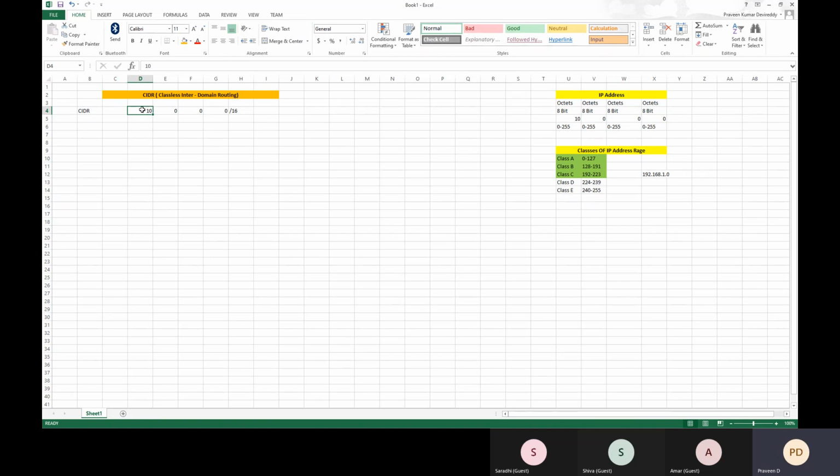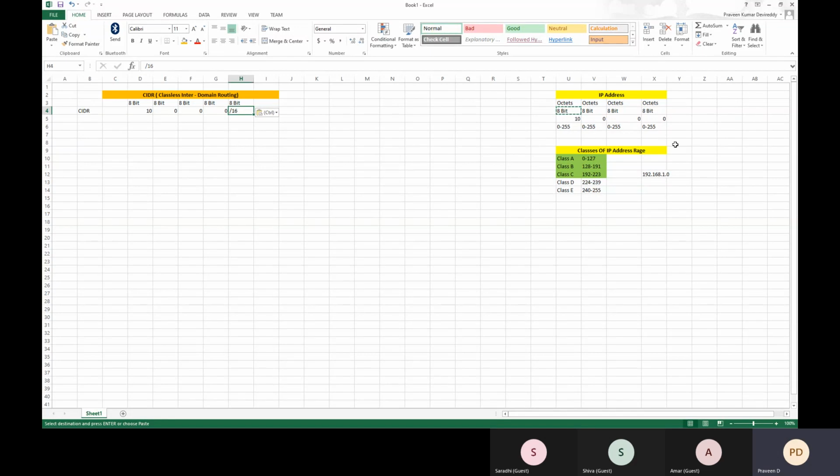It should be 8-bit dot 8-bit dot 8-bit dot 8-bit, then /16, and this format is called CIDR. Now, what does this /16 denote?